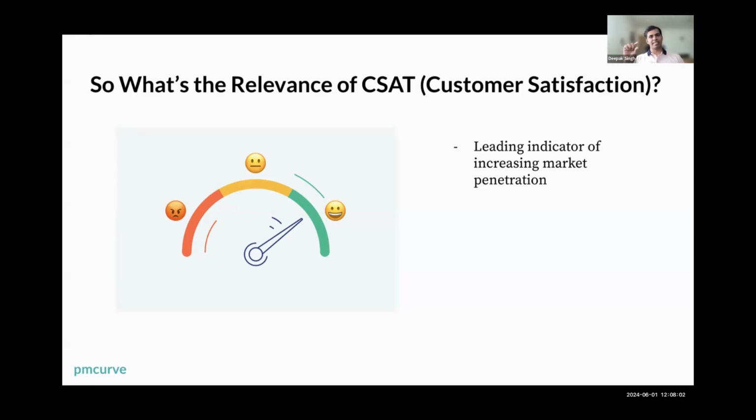People are often surprised: where are the people coming from? Are they coming from my LinkedIn following? Are they coming from Growth Catalyst? The initial group definitely came from there. But most of the people I'm getting now are actually coming from referrals, right? And that is my answer to PMF. Referral is how I track PMF of PM curve, because referral is the leading indicator of that.